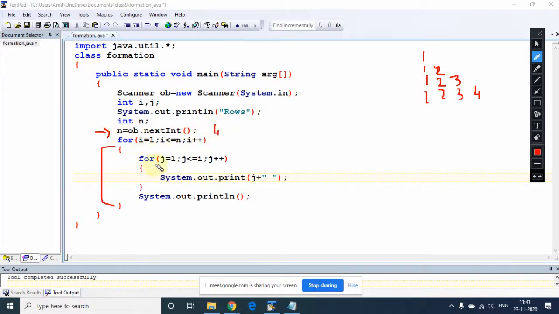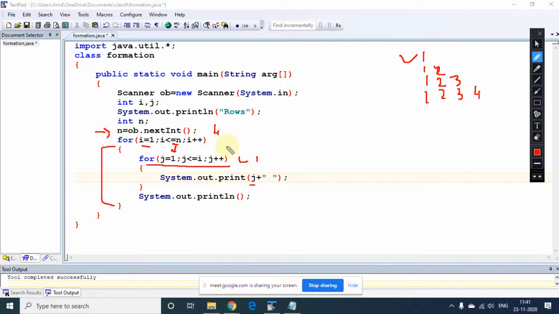So now we are working on 4 rows. Initially i starts with 1, the condition is true, we are coming inside. So Gaurang, the inner loop has to start from 1 to i, so till i this will execute. How many times will this execute? Only once. So what you are getting, the value of j, that is 1. Am I clear? Yes, sir.